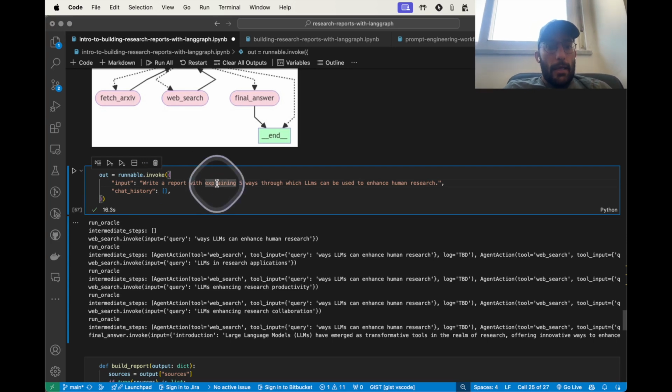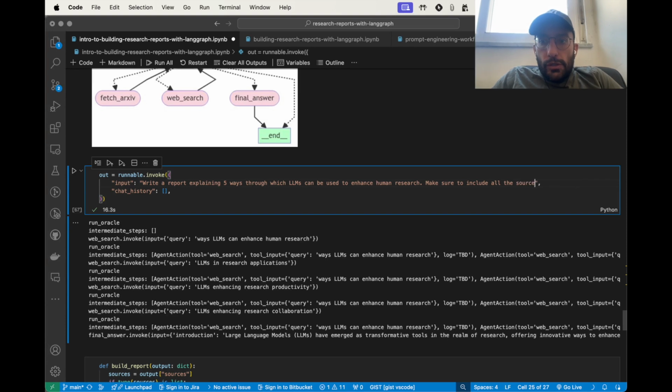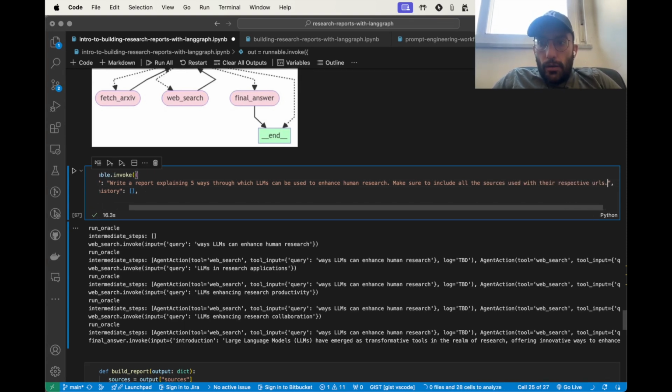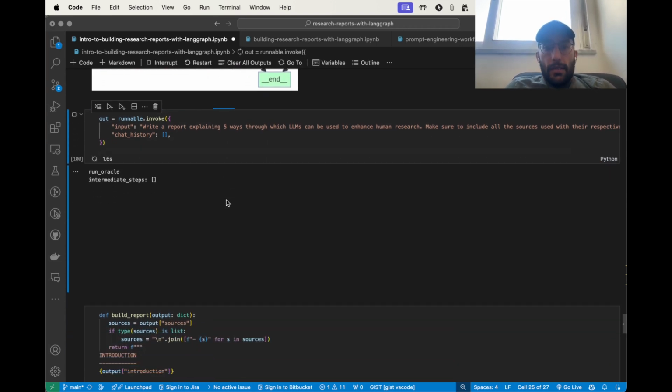explaining 5 ways through which LLMs can be used to enhance human research. And I'm going to add a little prompt here. Make sure to include all the sources used with their respective URLs. I'm just going to say that just to see if we improve a little bit the output that I got earlier. All right, so I'm going to run this live so that we take a look,